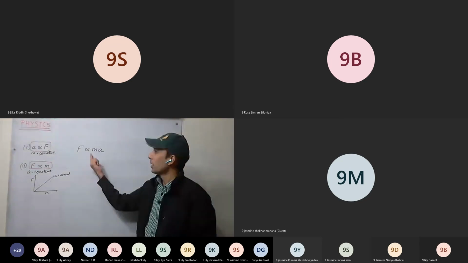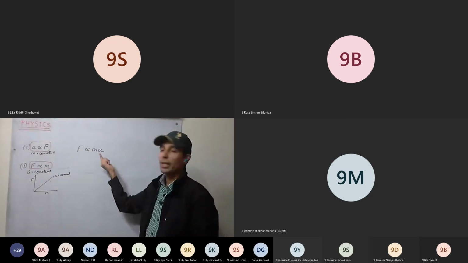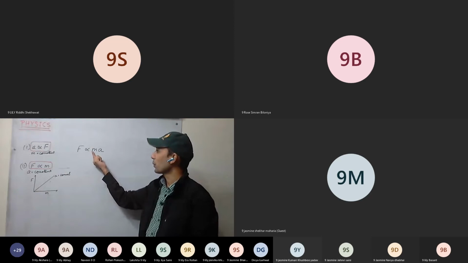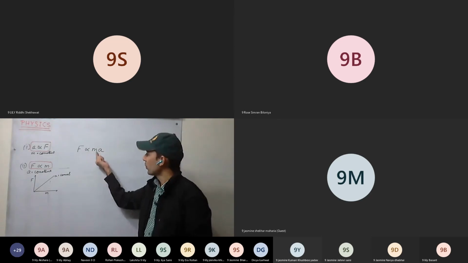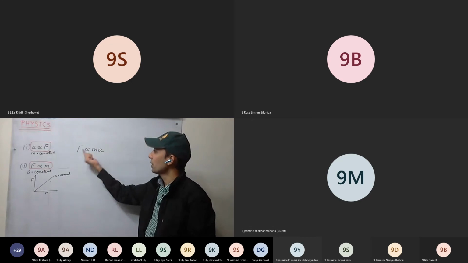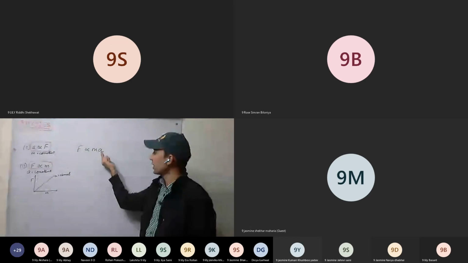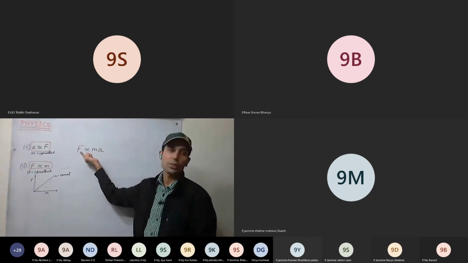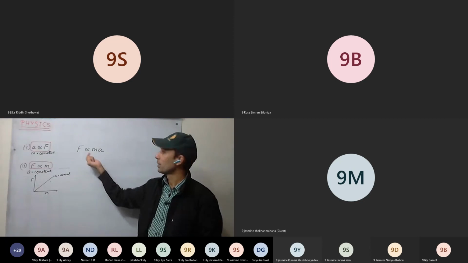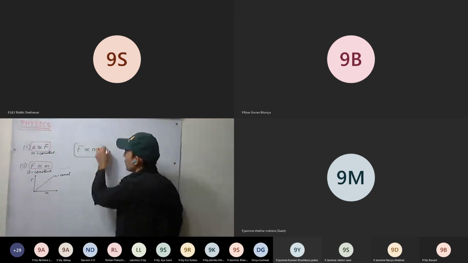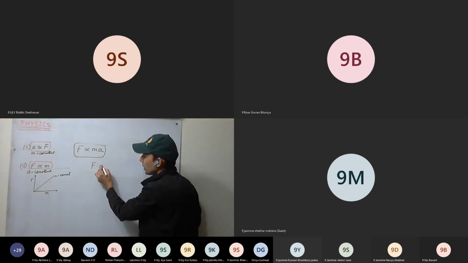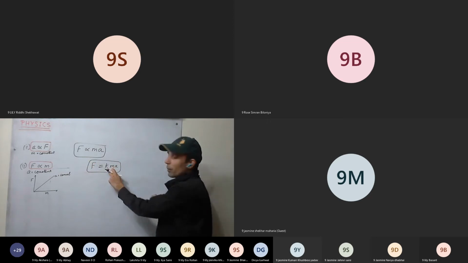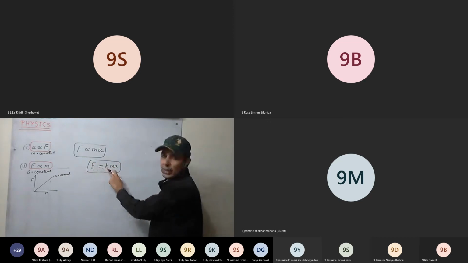Okay, so from these two equations, we can derive this equation. That is, force is directly proportional to the product of mass and acceleration. You can also see that the more the mass, the more the acceleration, the more the force will be required. If any of these two quantities increases, the force required will increase. So F equals, now we will equate them. In place of the proportionality sign, we put some constant, and by putting some constant, we can equate them.